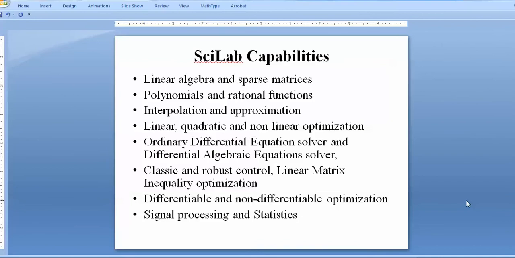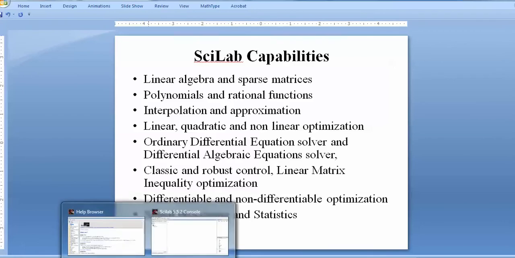So what is the capability of Scilab? I have briefly bulleted these capabilities. Linear algebra, sparse matrix, which is the same as the matrix, polynomial, rationals, even the syntaxes are the same, just like MATLAB. If you already work with MATLAB, you can easily shift to Scilab, because some of the toolboxes in MATLAB are very costly, and some of you are not able to purchase them. So you can use Scilab. If these software features are available here, you can use them freely. An ODE solver and differential algebraic solver are also there, and there are other control, optimization and signal processing tools, even statistics are available here.